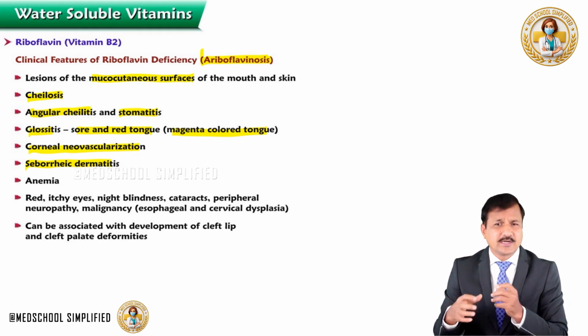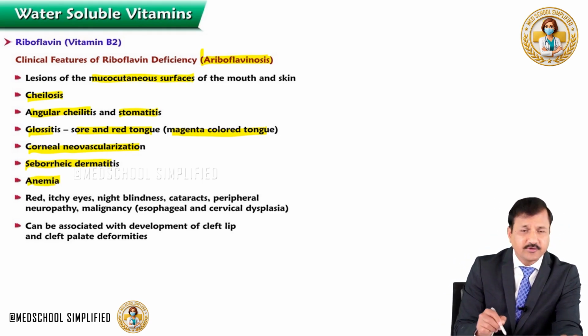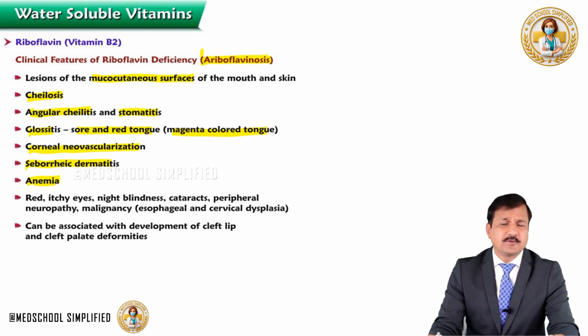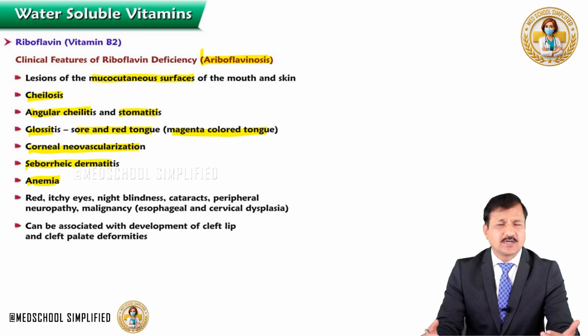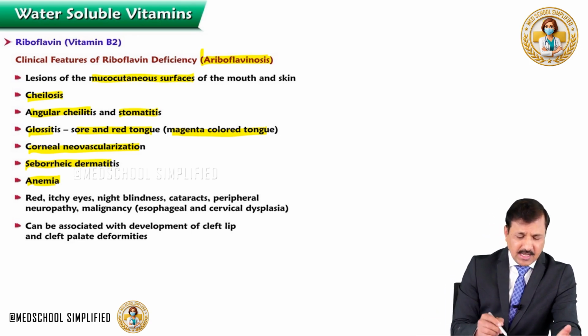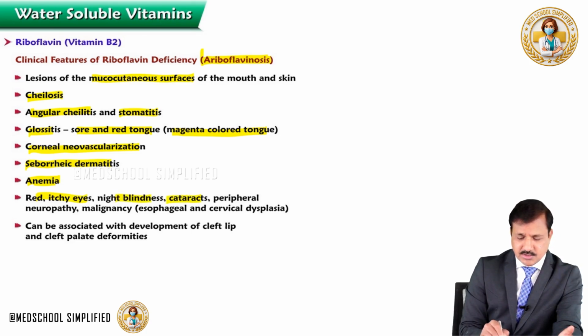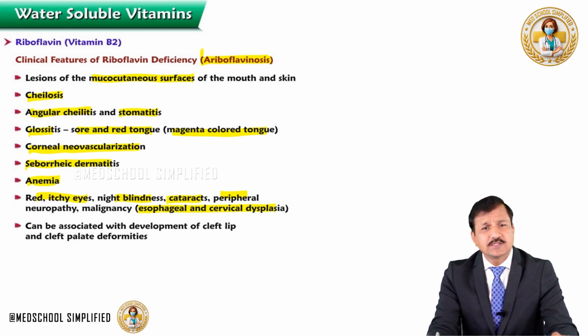So seborrheic dermatitis. And patients with riboflavin deficiency may also suffer from anemia. This is because of interference of riboflavin deficiency with iron absorption. So that leads to anemia, and fatigue and all the signs of anemia can be seen. And patients may have red itchy eyes, night blindness. Some patients may show cataract, peripheral neuropathy, and also some of the patients with riboflavin deficiency may show esophageal and